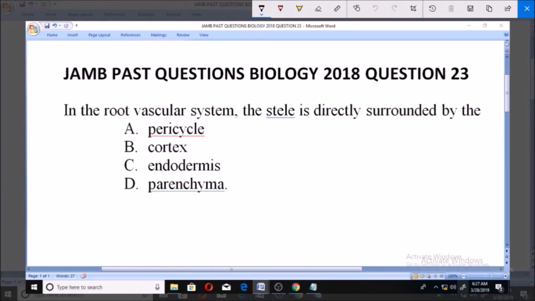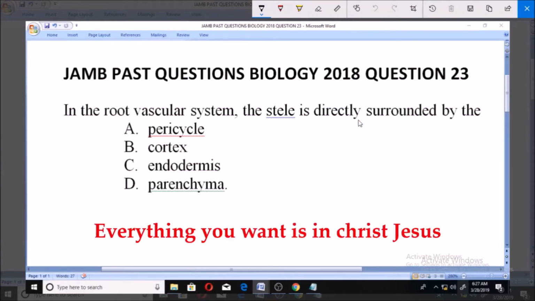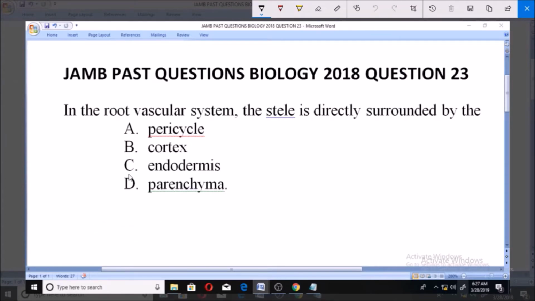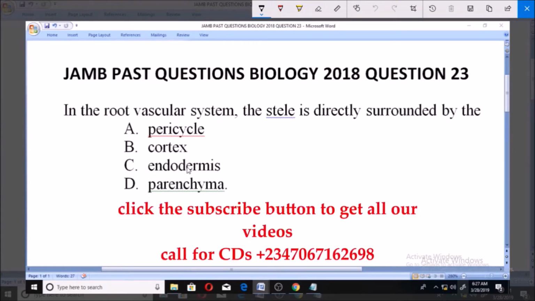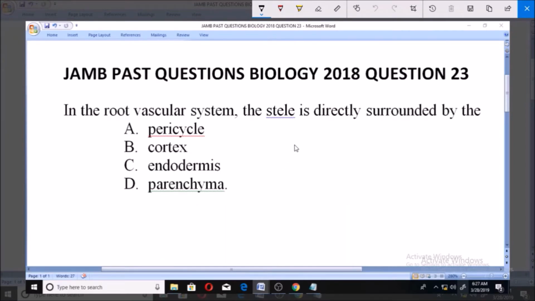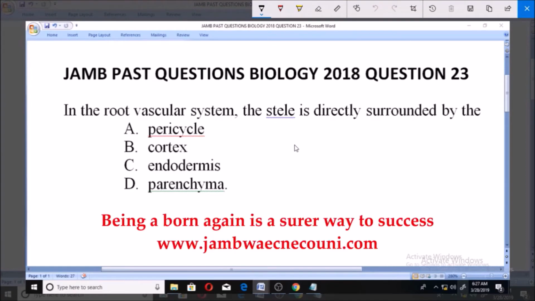Question number 23. In the root vascular system, the stele is directly surrounded by the A. Pericycle, B. Cortex, C. Endodermis, D. Parenchyma. Now, the root vascular system of plants